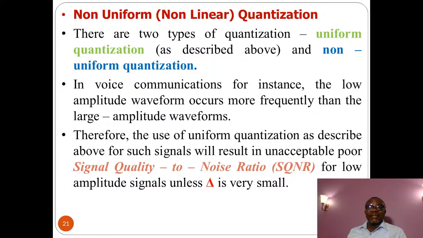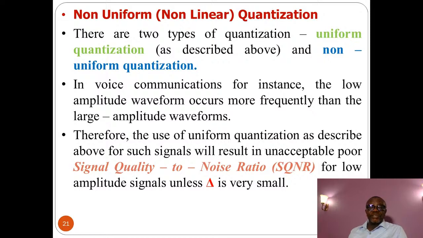So for us to now treat that, we see it as a non-uniform quantization, because we have to do something to vary it, to make the amplitude difference look big. That is why we said in voice communications, the low amplitude waveform occurs more frequently than the large amplitude waveform. Therefore, the use of a uniform quantization, as described above, for such signals will result in